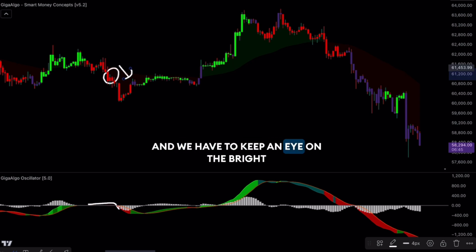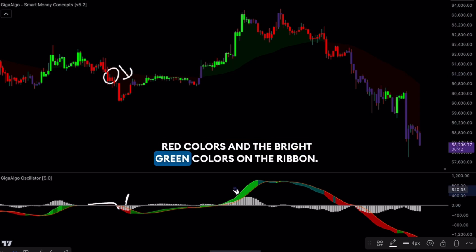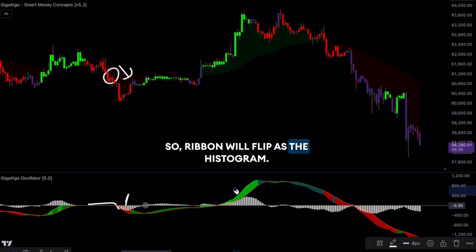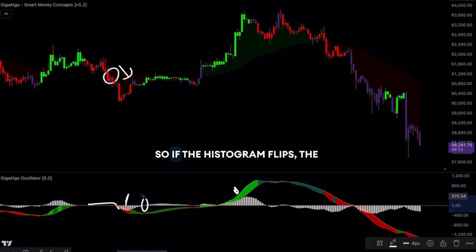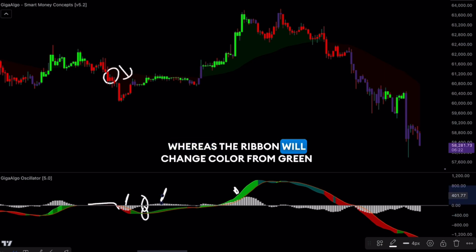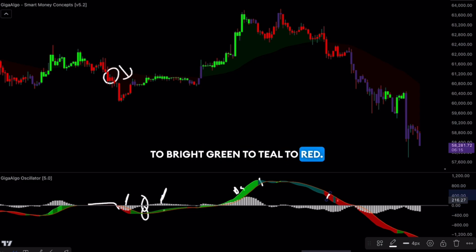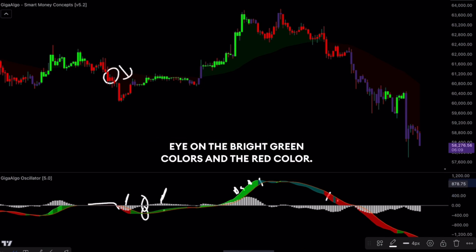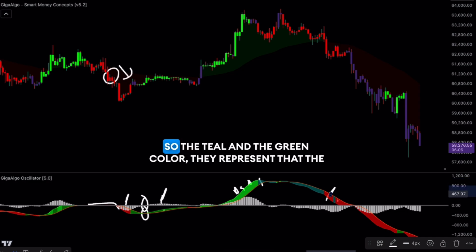And we have to keep an eye on the bright red colors and the bright green colors on the ribbon. So the ribbon will flip as the histogram does. If the histogram flips, the ribbon will flip as well. The histogram is always on the white color, whereas the ribbon will change color from green to bright green to teal to red. So we have to make sure that we always keep an eye on the bright green colors and the red color. So the teal and the green color,